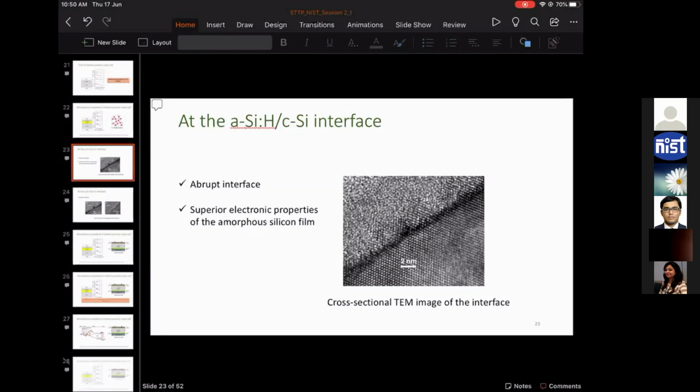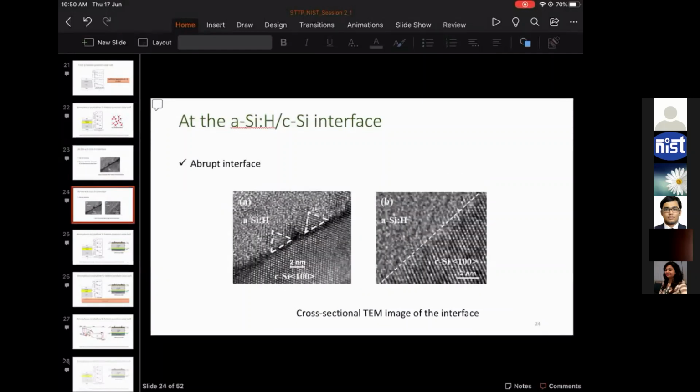Yeah, I think, but there are hot wire CVD as well. So actually, I used hot wire CVD to deposit amorphous silicon. There are many parameters that you can control: the temperature of the substrate, the gas pressure, the secondary reactions of the gas present inside your vacuum chamber, and all that. So what happens, if you remember, I talked about the requirement of having an abrupt crystalline silicon amorphous silicon interface. Yes.